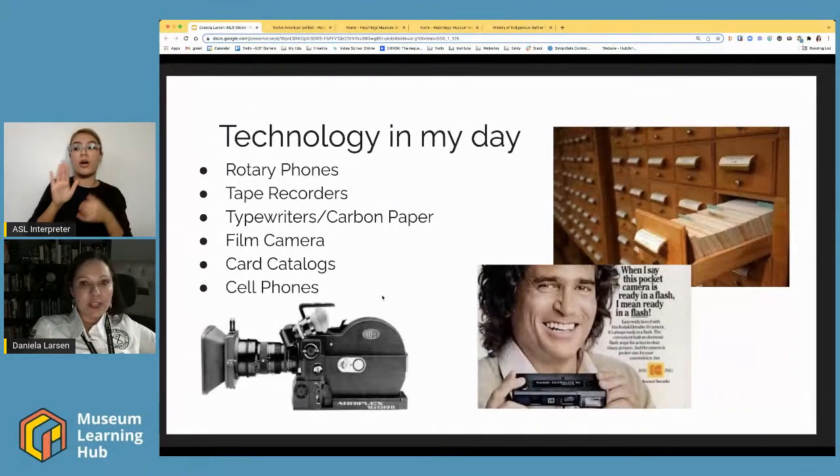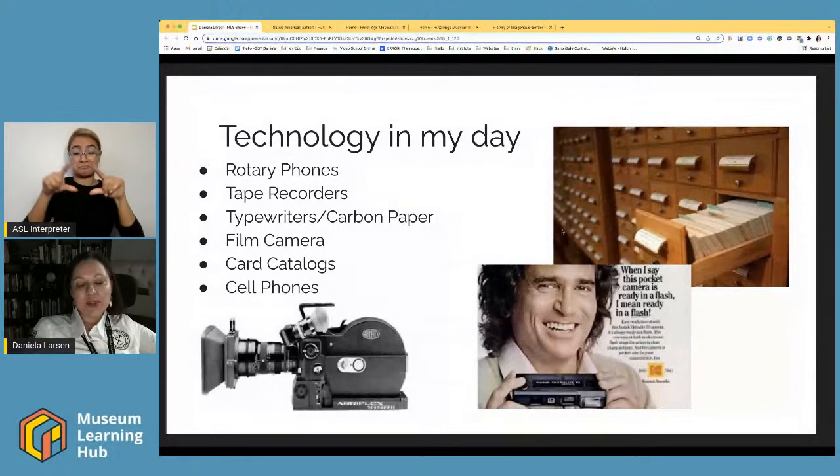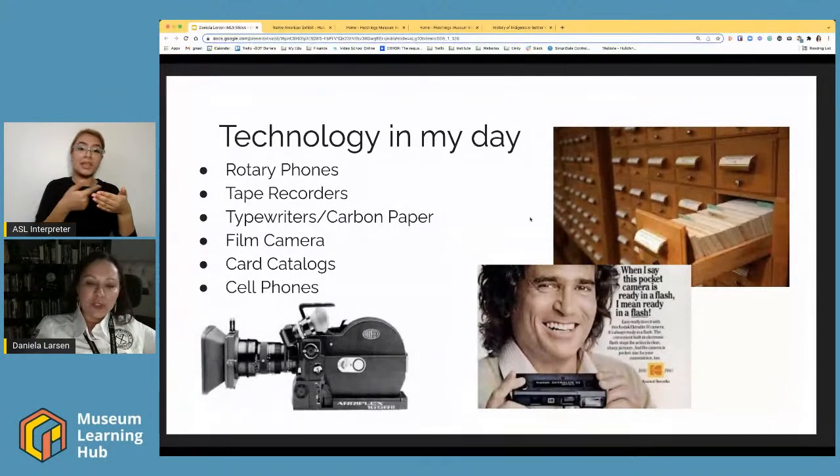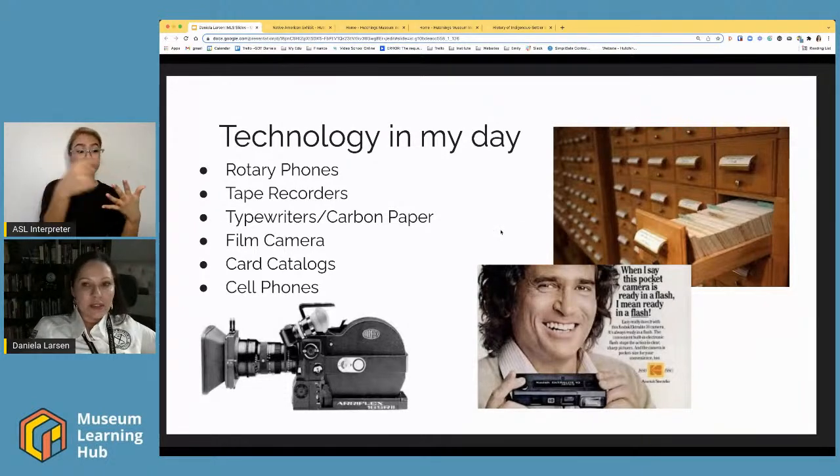We were recording things on tape recorders, typewriters and carbon paper, film cameras, these old big video cameras that were so hard to move around and cumbersome. It made it really difficult to go out into the field and record something and bring it back. These card catalogs, I remember those so fondly. Trying to explain to young adults and teenagers now how we would look for information before Wikipedia was around,